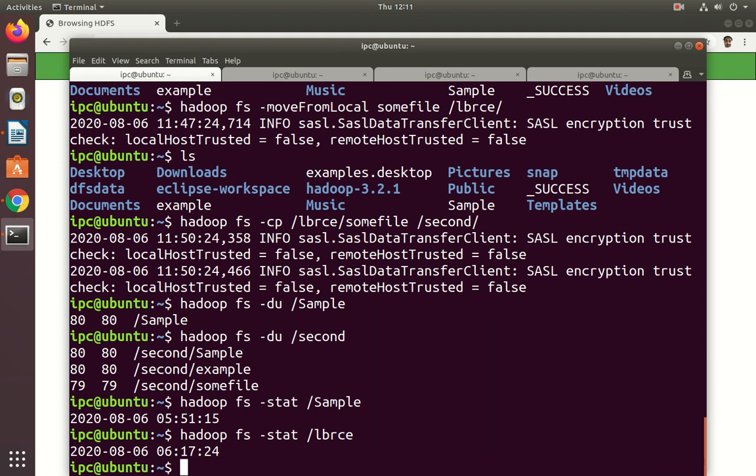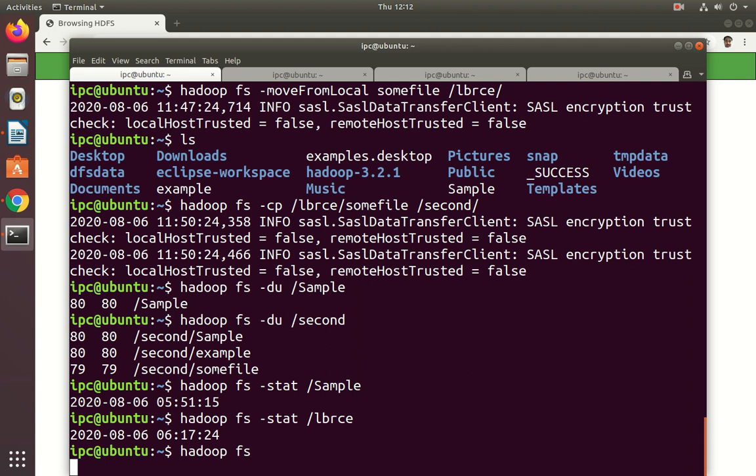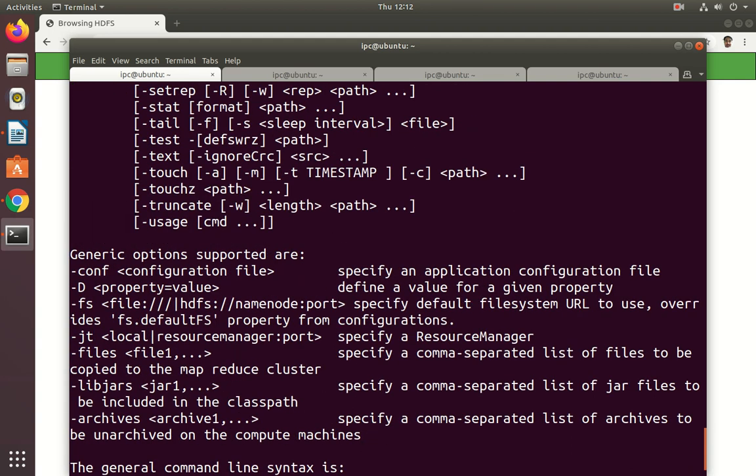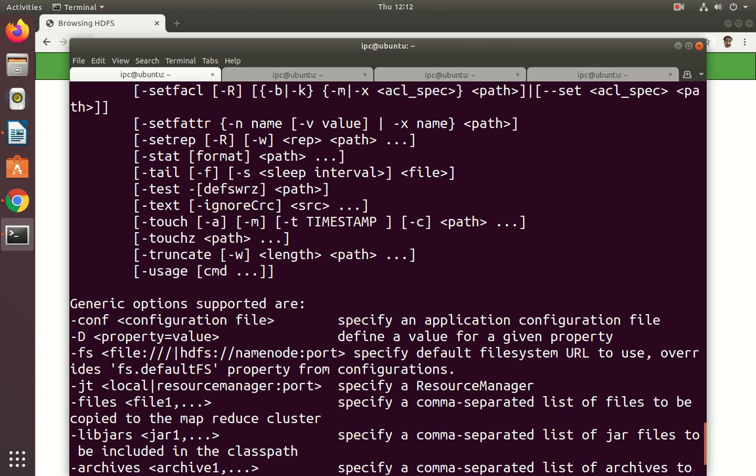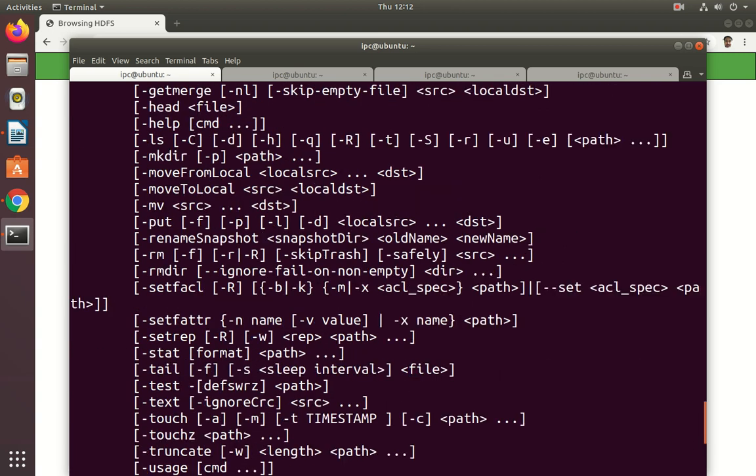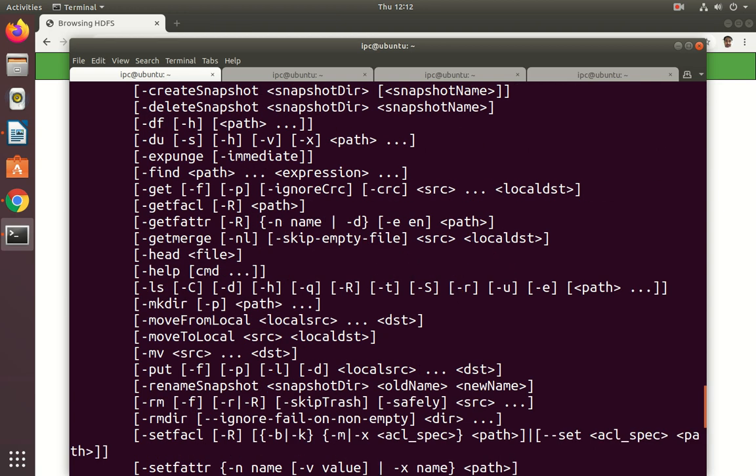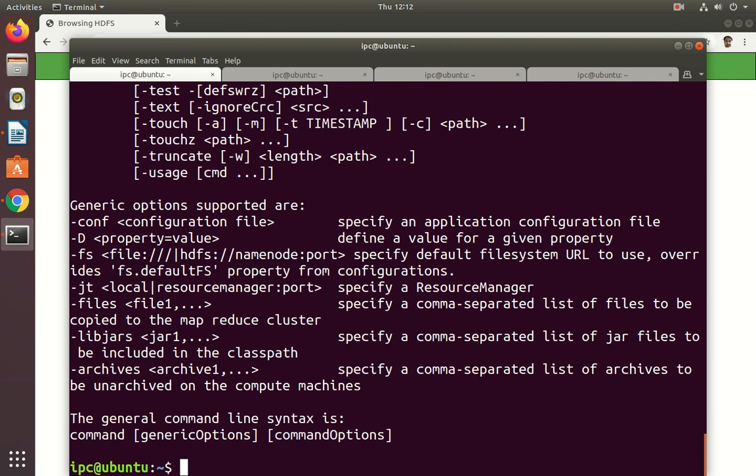So these are the important commands here. There are many more commands in the Hadoop distributed file system, but we discussed the commands which are commonly used when working with Hadoop. You can check out the list of all Hadoop commands by typing hadoop fs and pressing enter. It will show all the commands: touch, text, tail, stat, usage, rm is used to remove a file, rmdir is used to remove a directory, mv, put, moveToLocal, moveFromLocal, mkdir, ls. So all the commands are there, but I discussed some of them.